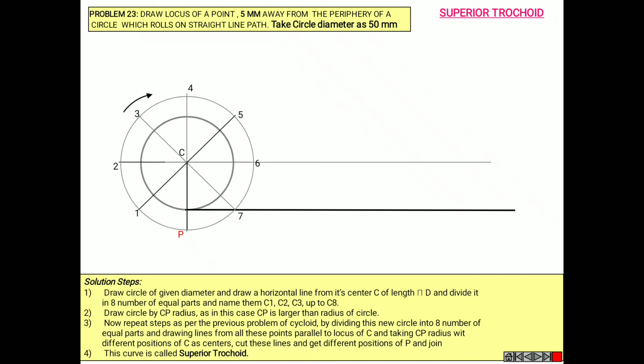Same, from the center C, extend the line horizontally to the value of pi d, nothing but the circumference of the inner circle. Divide this again into 8 equal parts